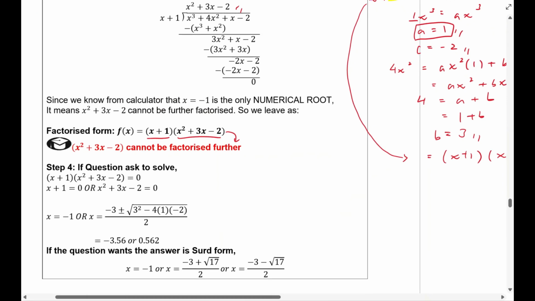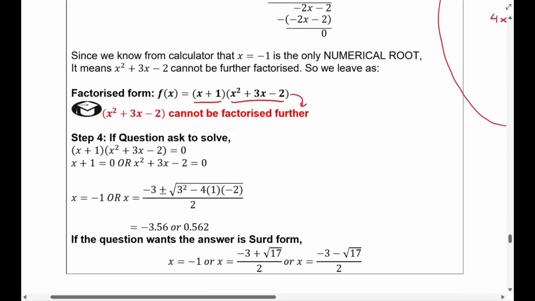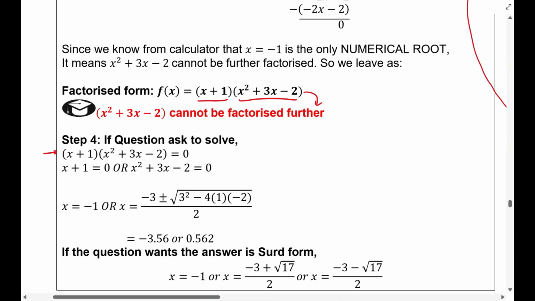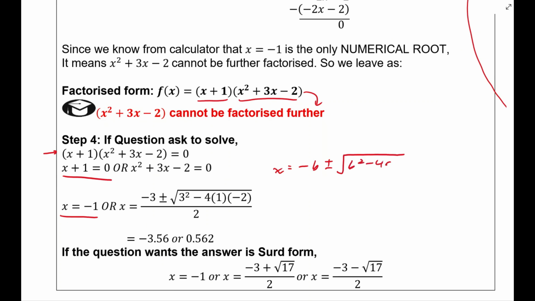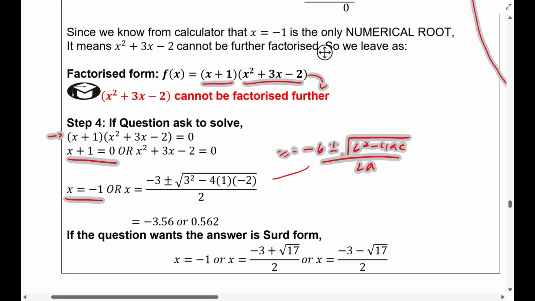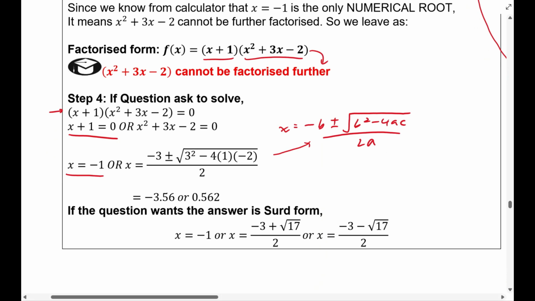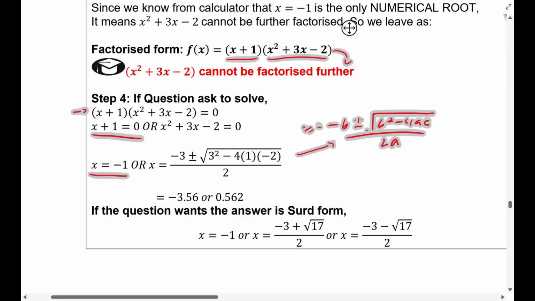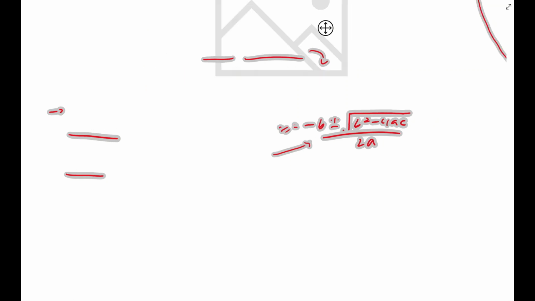However, if the question asks you to solve for x, then you cannot just stop there. You need to solve for x. Give a value for x. So you will equate this to 0, and then one of them will be x plus 1 equals 0, which gives you x equals minus 1. Or you will use the general formula x equals minus b plus minus square root of b squared minus 4ac over 2a to find your x. So you input all your values in here, and then that's how you get your decimals, minus 3.56 or